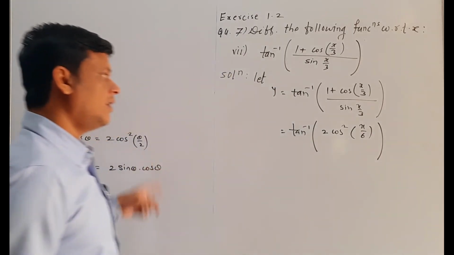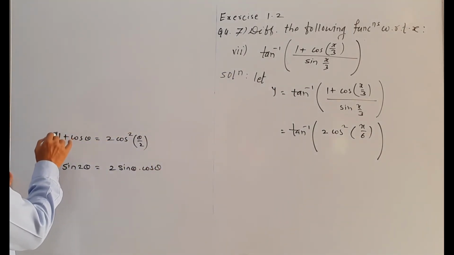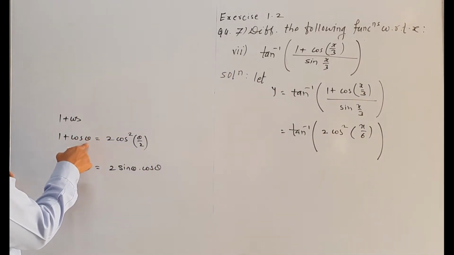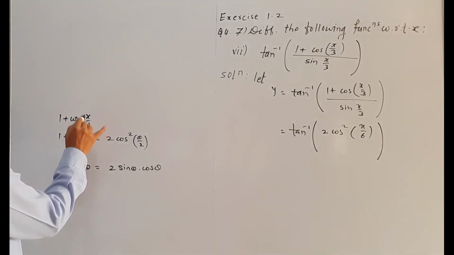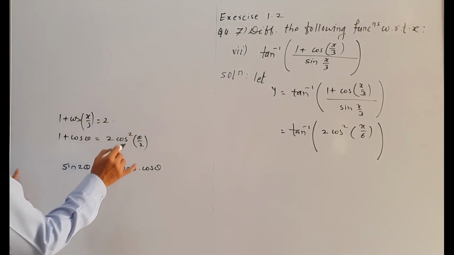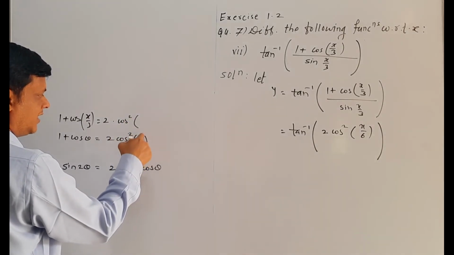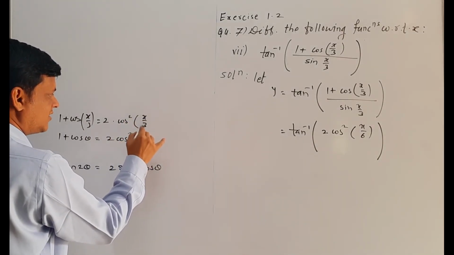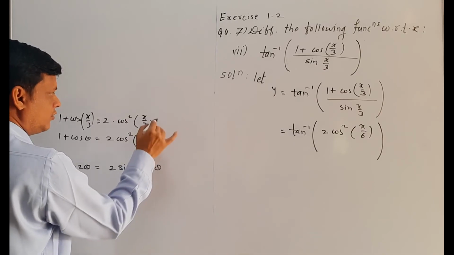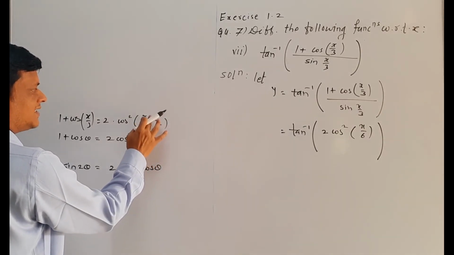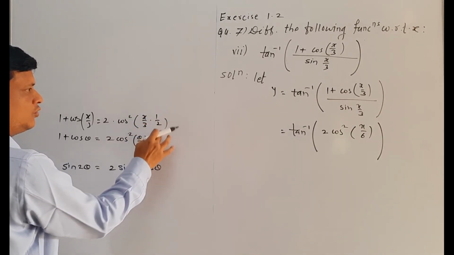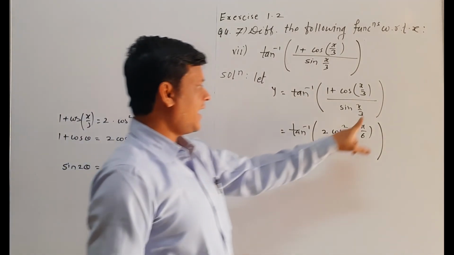If you do not write directly, then substitute the value 1 plus cos in place of x. You have to substitute x by 3 is equal to 2 into cos square. In place of theta, you have to write x by 3 and this upon 2, that means 1 by 2. So we write this as x into 1, 3 into 2 is 6. So we write here directly x by 6